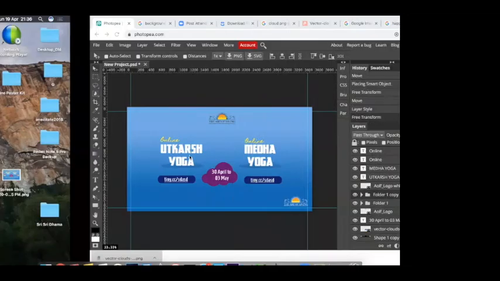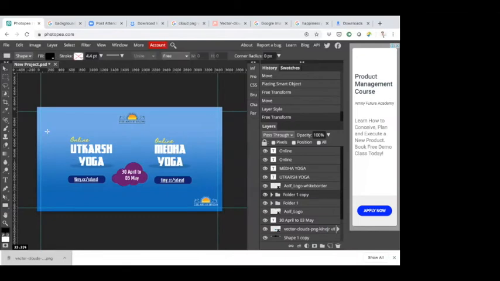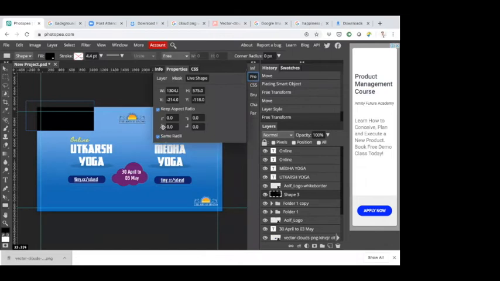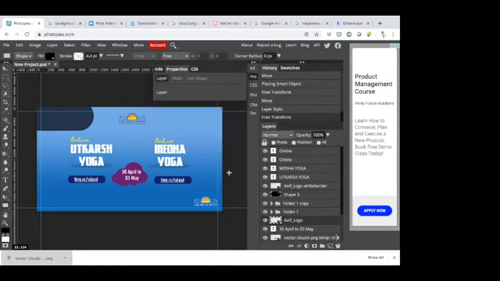So if I were to do it again, I would simply draw a rectangle here, click on the properties, change the radius. You can see that it would change, and then reduce the opacity down and click anywhere outside. You will see that that particular thing has come there.